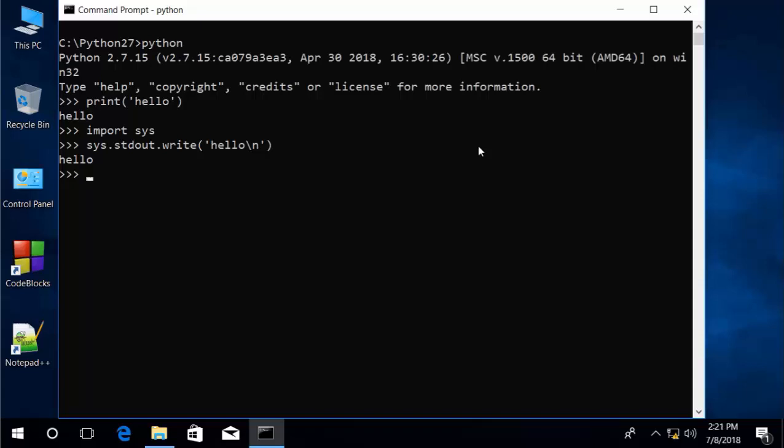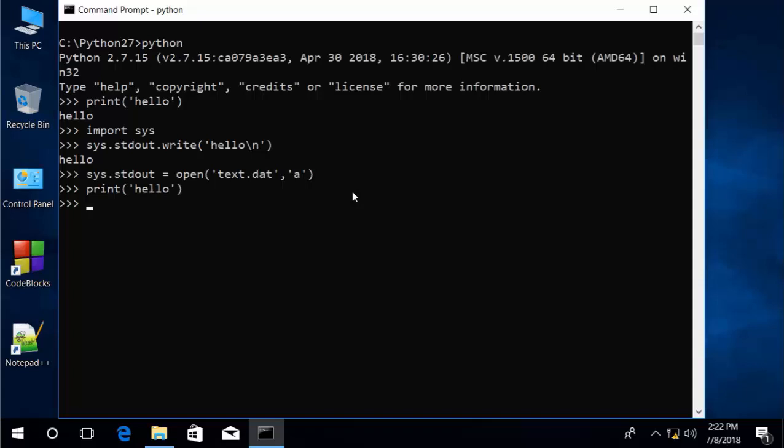With this in mind, we can redefine stdout, which by default goes to the screen. We do that by referencing the object sys.stdout, and then we open a file that we want to use. We'll call this text.dat. sys.stdout equals open, text.dat, and we'll open it to append. So now when we say print hello,